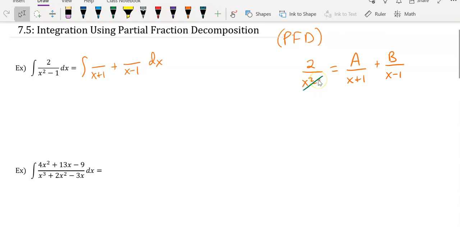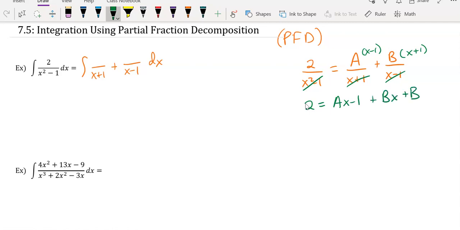And so this is going to be gone here. Over here, x plus 1 will cancel. I'll have an x minus 1 left. Here, x minus 1 will cancel, and I'll have an x plus 1 left. So now, or you can think of it as getting common denominators and then just ignoring the denominators if you want. Same thing. So now I have an equation 2 equals, and then I'm distributing, a(x minus 1) plus